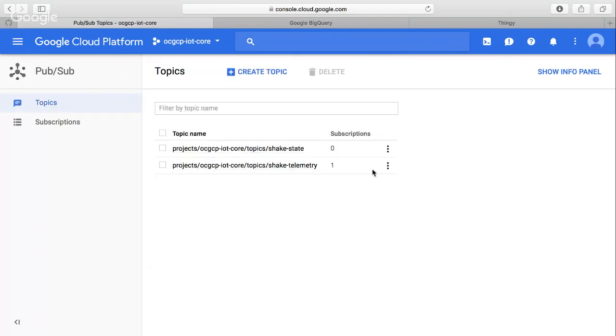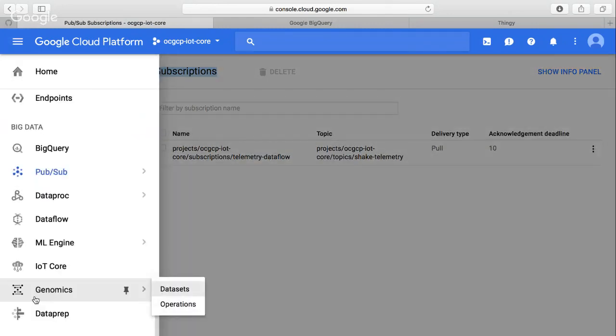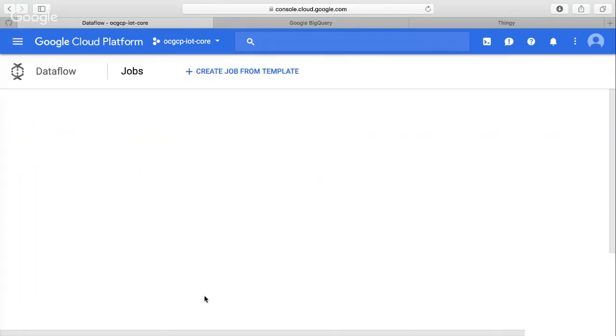Let's see. So here, when I say, oh, here, subscriptions. So this is the subscription called telemetry data flow that we created out on that topic. So you're sending data there. The subscription is actually looking at the data and then making it ready for data flow to pull in. I have data flow running already